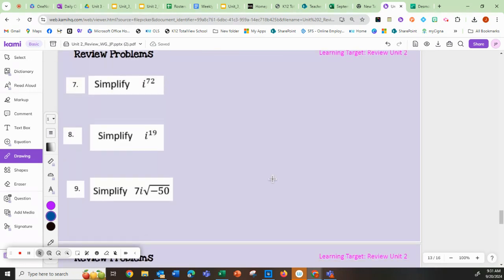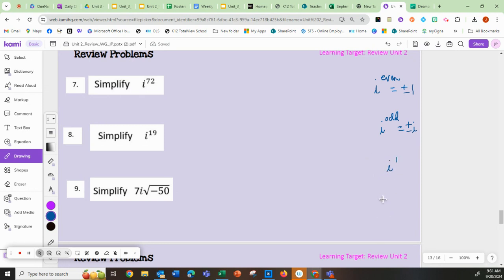These examples are simplifying. These all have i's or have a negative under the square root. So this is where I told you that if you have i to the even power, that's always going to simplify into either a positive or negative 1. If you have i to the odd power, that's always going to simplify to be plus or minus i. So the only time it's okay to leave an answer in a problem is when i is raised to the